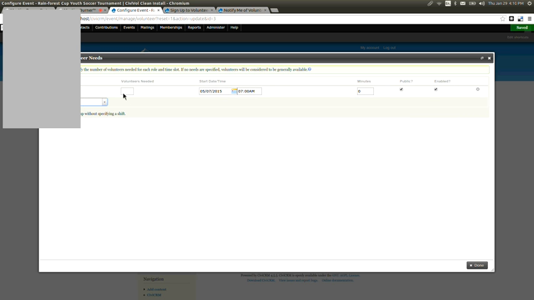So maybe we need 10 people to take folks' tickets or money at the door, and 7 a.m. is pretty early for a soccer game. So let's make that 10 a.m. and the shift is an hour long, and maybe we want,